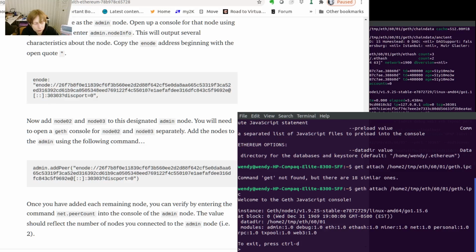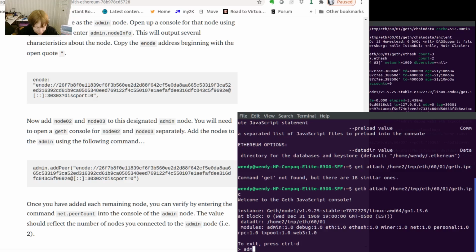And remember, I saved the enodes when I was starting things up. So I copy it, and just like last night, it's that same admin command,